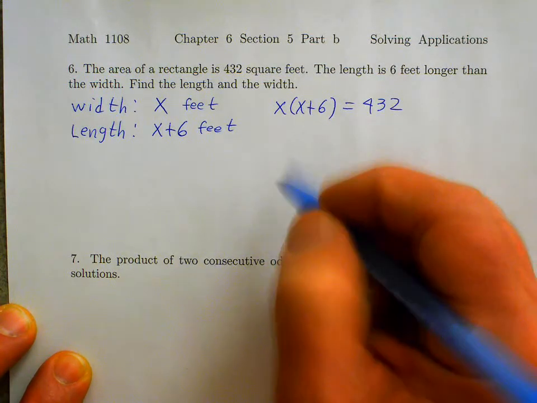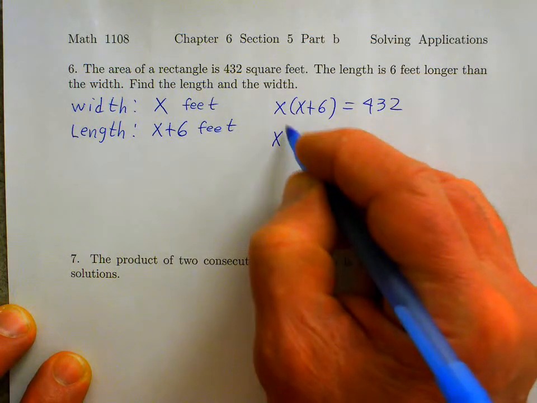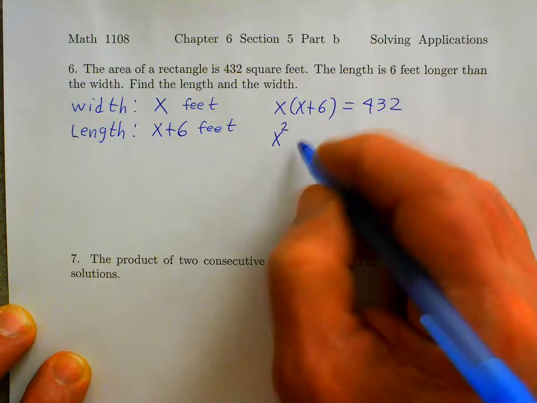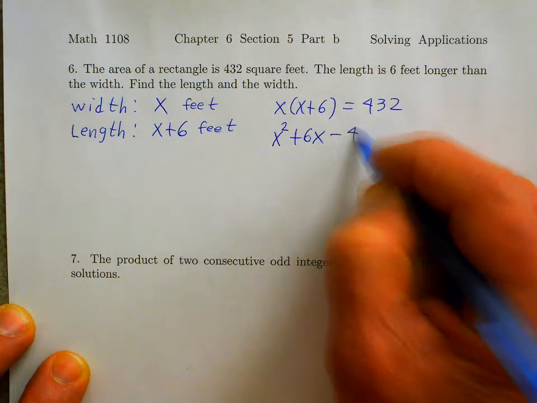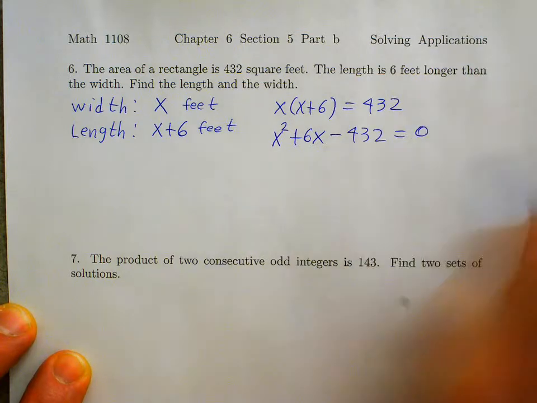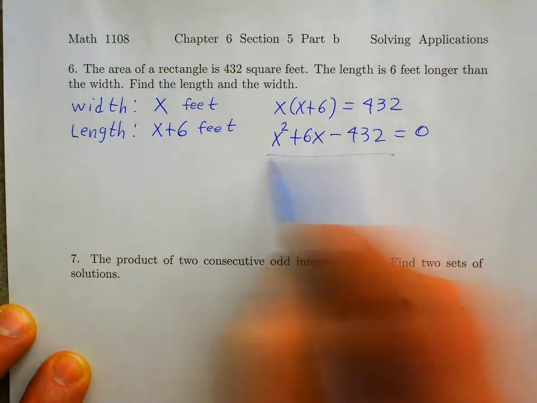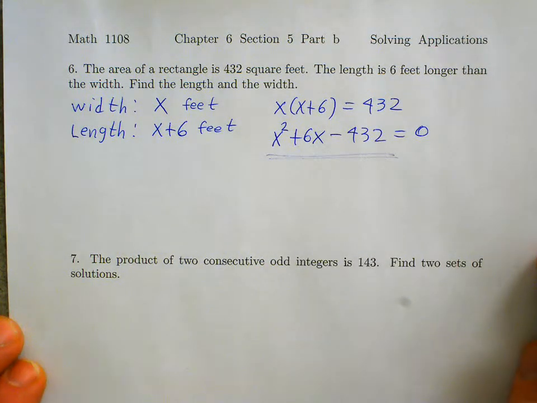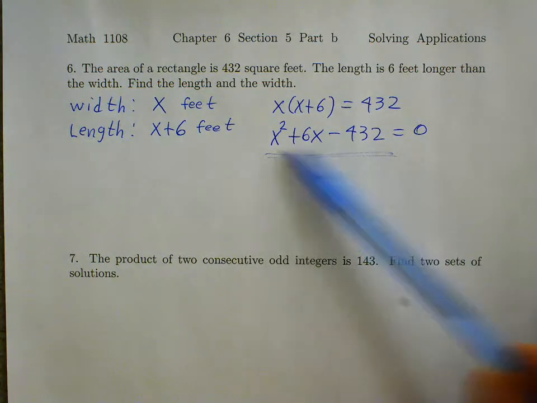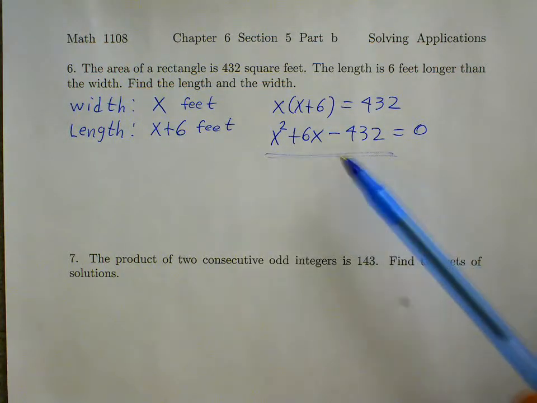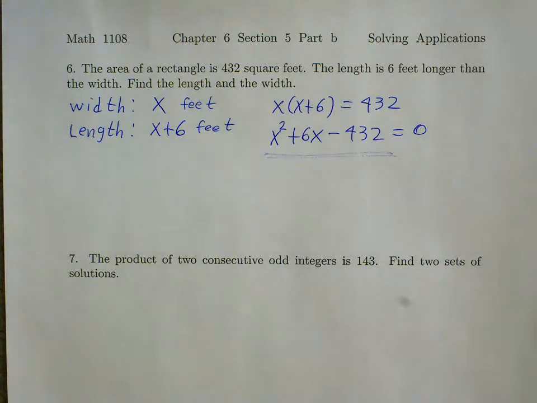So like we've seen before, we multiply these two factors to get x squared plus 6x, and then we subtract 432 from both sides. And then we factor the left-hand side. So it won't take too long to find the factors of that, but